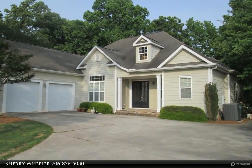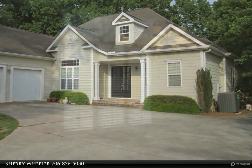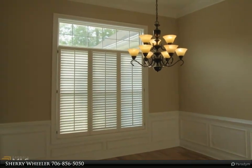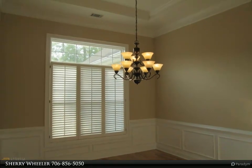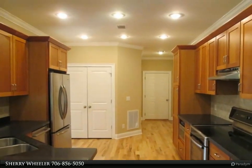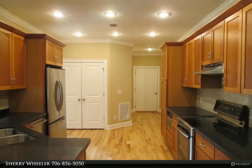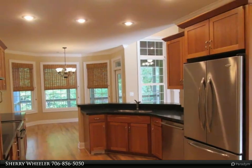Beautiful, custom-built, quality-built, 3-bedroom, 2.5-bath home in Laurel Glen Subdivision in Hartwell. Spacious open floor plan with 2,388 square feet and full unfinished basement. The home features a vaulted dining room, great room with stone gas fireplace, kitchen with breakfast area and stainless steel